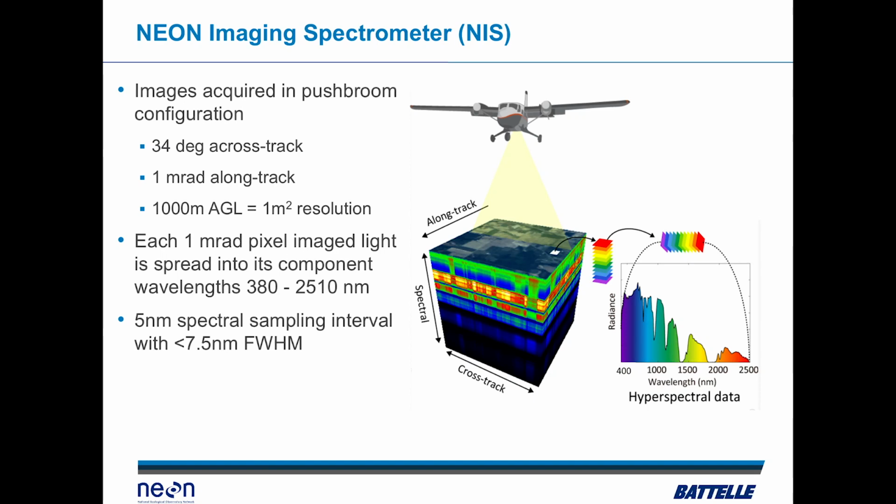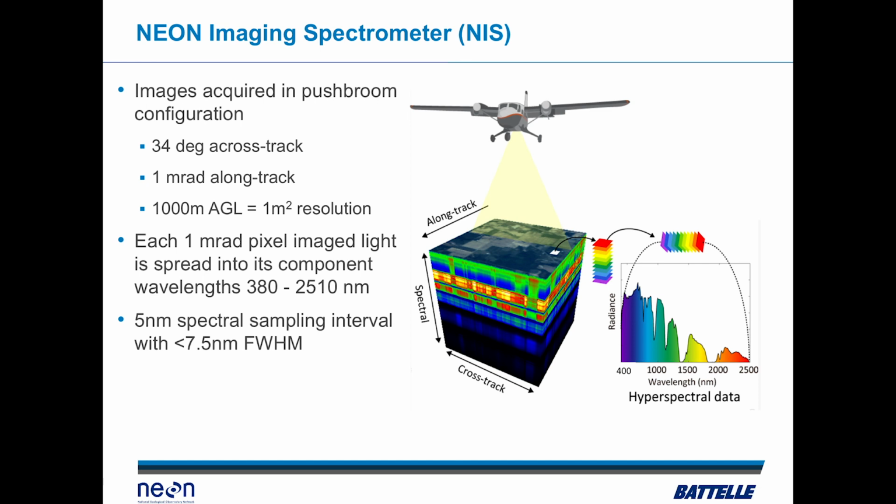Okay, so let's get back to the measurements that the airborne observation platform is making. So I just wanted to highlight the imaging spectrometer. We call this the NEON imaging spectrometer, or NIS. It was custom built for NEON by NASA JPL. We went through the parameters of the imaging spectrometer in the webinar. The important thing to realize about the imaging spectrometer is that it's collecting high resolution data,